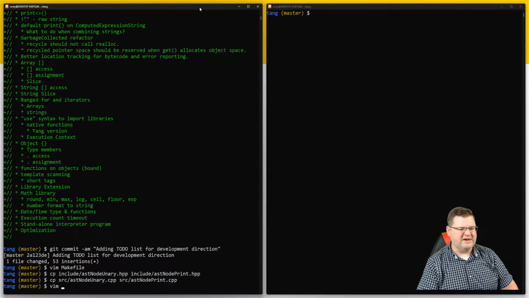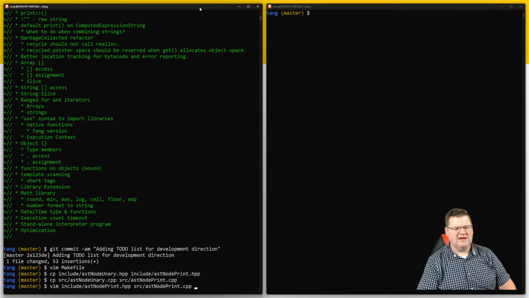Now we need to edit the include for AST node print, the source for AST node print. And what else? Well, we know we're going to need